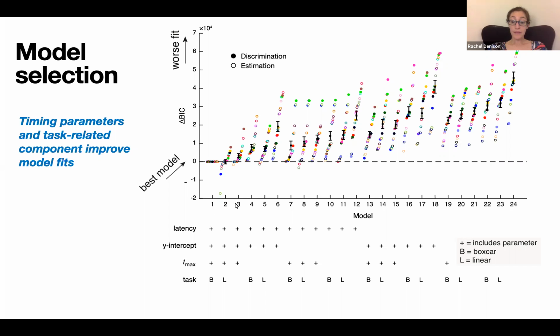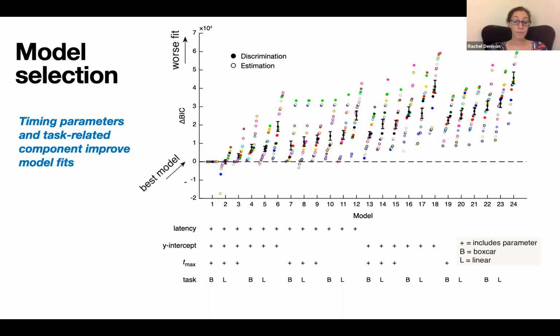And the pluses, these little pluses, indicate that the parameter was included in the model. And then here for the task-related component, B corresponds to a boxcar, and L corresponds to a linear task-related component. And then a blank space means that the parameter was left out of the model or set to a fixed